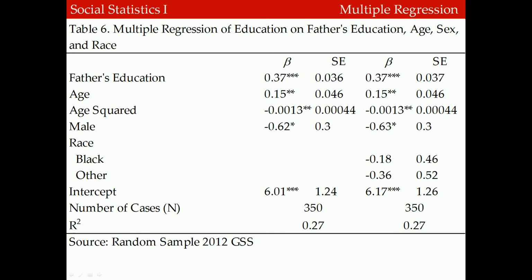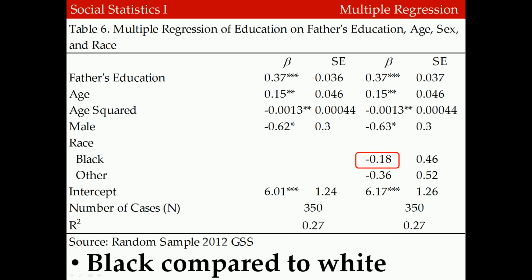And so here are some more regression results. Here I've included just 2 models again. The first one is the one we just looked at previously with the male coefficient added. This one adds coefficients for black and other. And so black and other here are going to be in reference to the omitted category, white. And so we can see that, net of their father's education, their age, and their sex,